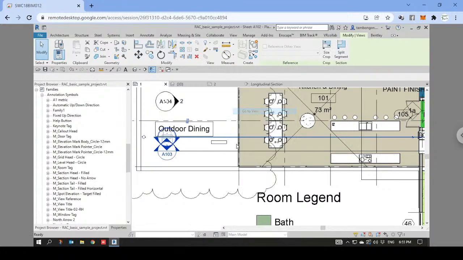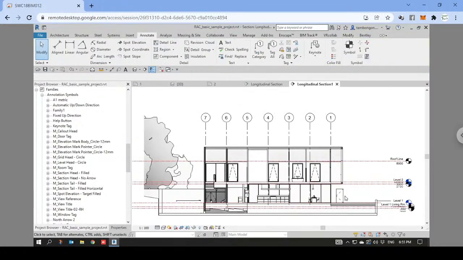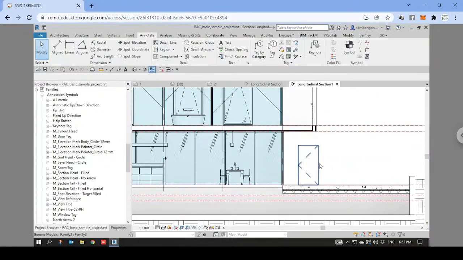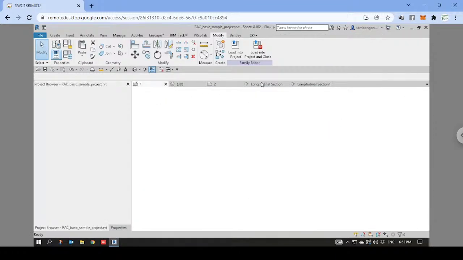Then from the other side, it will still be showing that symbol, because that's how the symbolic lines behave. So to avoid that, because sometimes we only need it on one side, and we don't want it to be seen from the other side of your elevation or from the opposite side of your views, what I normally do